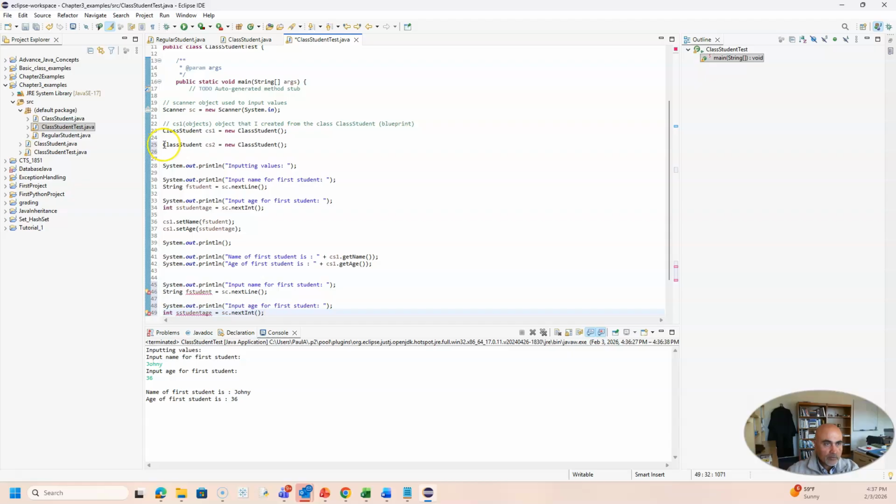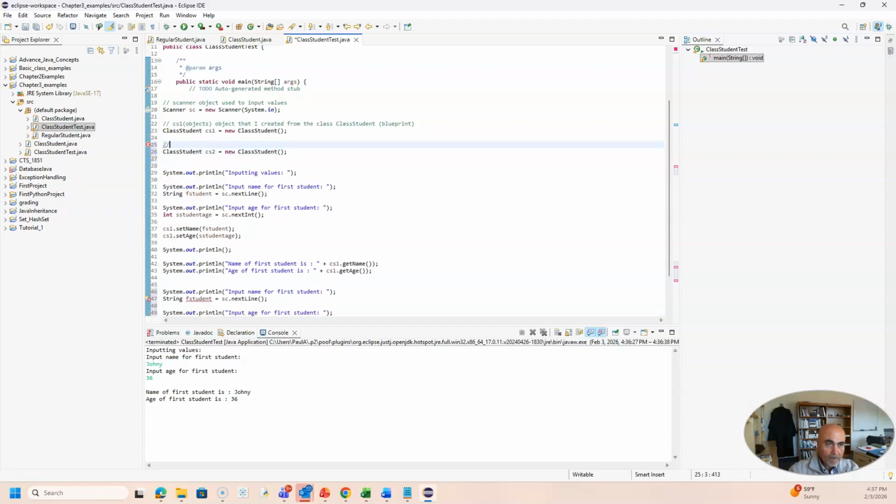I'm going to write here, creating a second student object that follows the blueprint class student. Okay, and then